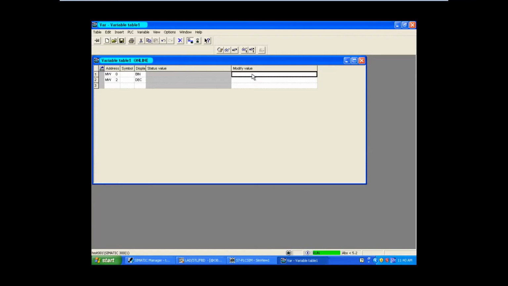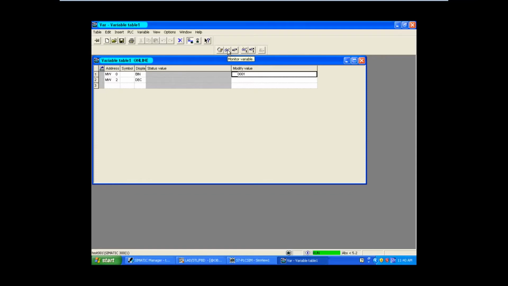This is the place where you give the input. For example, I want to convert a binary value of 1 and I want to see that as an integer. Right? So I'm just giving 0001. MW0 is nothing but a 16-bit address, so it will take the input as 16-bit. Can you see, I have given just the 4 bits only. Just click, there is one option called monitor variable.